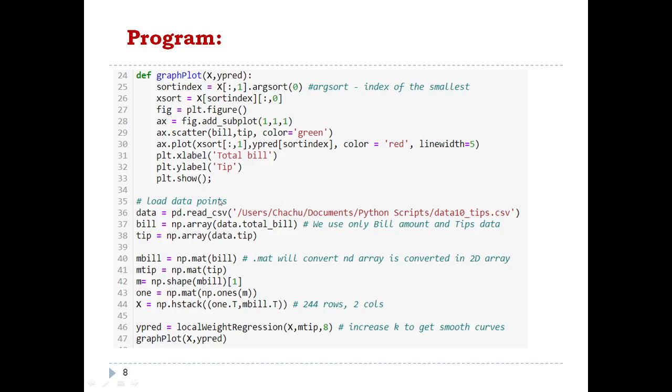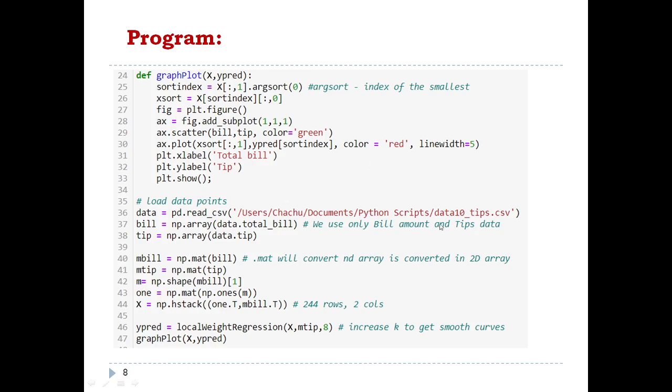First we'll be loading the data points, and the data we are using is hotel bill and tips. As you know, the tip does not exactly depend on the bill amount. Some people, if they like the food or service, will give more tips. Or if the customer's bill is a very huge amount, then they will pay a good amount of tips. Sometimes if the bill amount is very low, the customer won't pay a tip, or sometimes they will. So it does not depend on the bill amount.